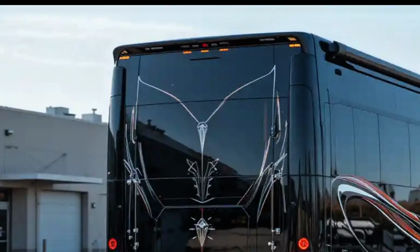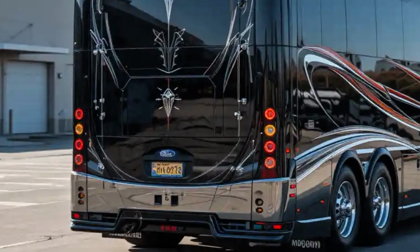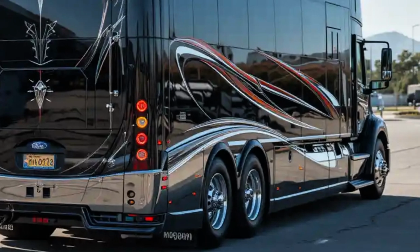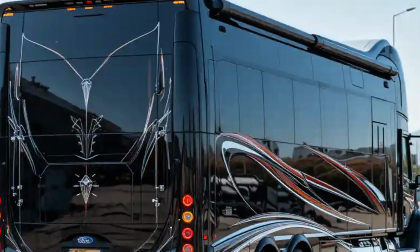The side profile is long, bold, and low. The body flows with smooth lines, free of clutter, giving the entire vehicle a stretched, aerodynamic look. Hidden compartments,